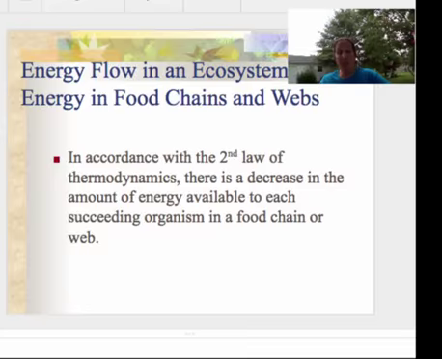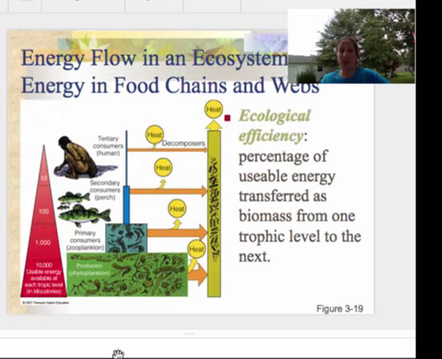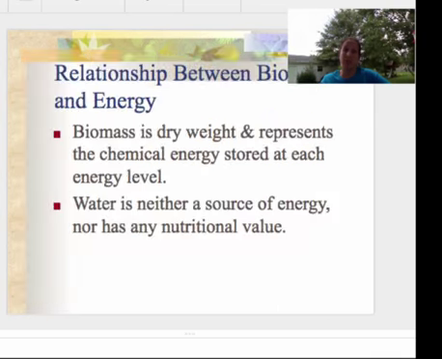Remember that it is in accordance with the second law of thermodynamics. It's increasing the entropy, or randomness, and we have what's called the 10% rule. So these are the three different types of structures that you should be familiar with. We have our energy pyramid, we have our biomass pyramid, and we may have another type of pyramid which looks at the heat that's being lost. That's the ecological efficiency, and again, I can't stress enough, it's a 10% rule.